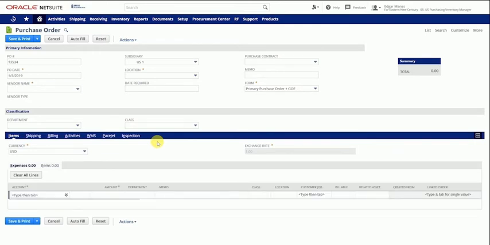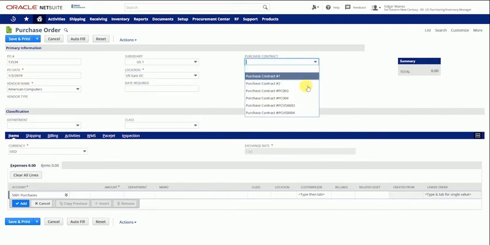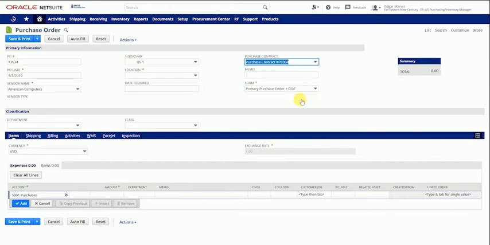Here I can see the purchase order creation screen. Some values are mandatory here, so the vendor name is mandatory. My vendor's name was American Computers. I'm going to put in the location, which is a mandatory field here. Let's say US East DC. Then I can fill in the purchase contract ID. The contract that we just created was PC004. I'm going to select that,